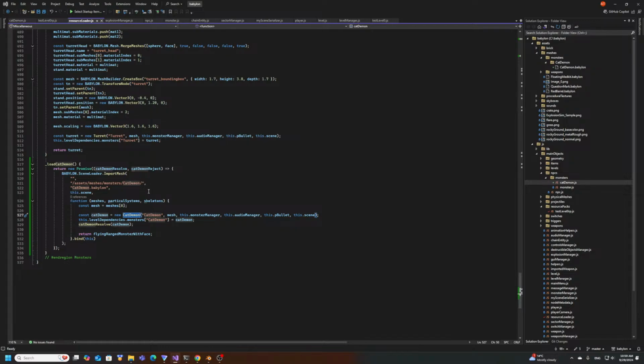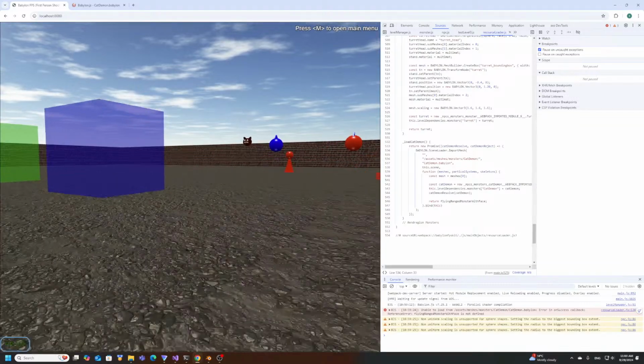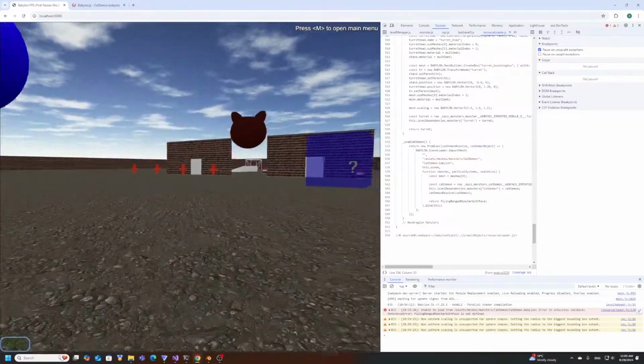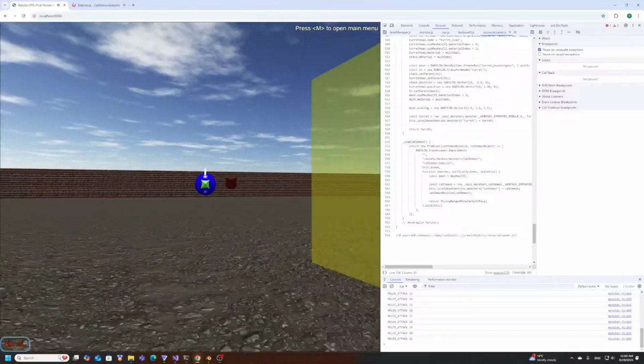Not defined. It's actually created it in some way. Okay, it even works, but